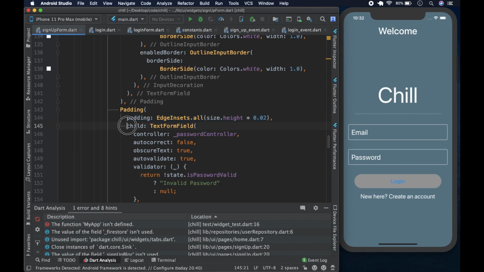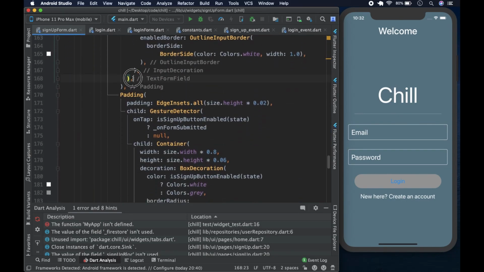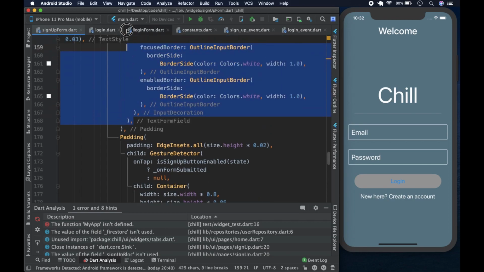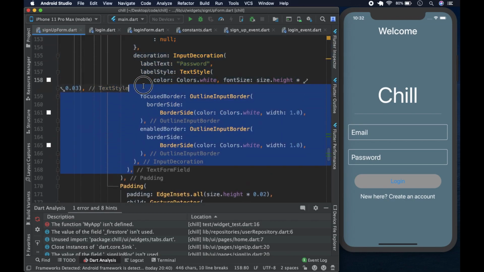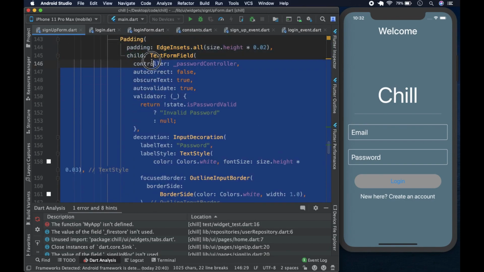So we could just copy the child and go, where does the text form field end? In actual fact, we could probably copy the whole padding. So we come and we copy also the child. So we could copy that, come here,